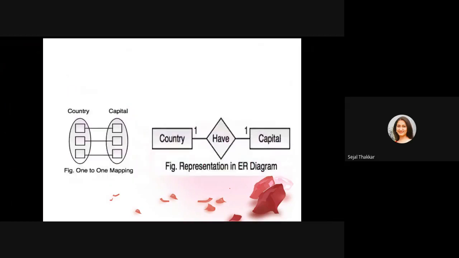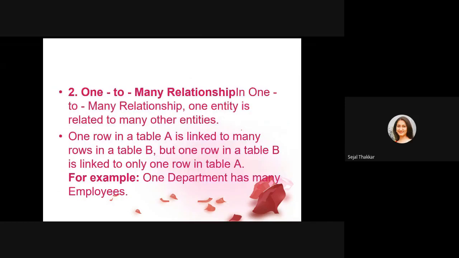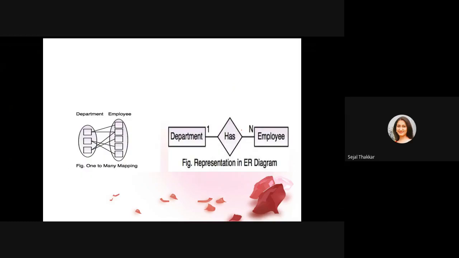So there are various examples for one-to-one relationship. We can see that one country has one capital city. One department has one head of the department. So you can see here, on both sides I have written one, right? The next is one to many. One student can attend many lectures. One student can use many books. One university has many faculties. One department has many employees. You can write down here M, one to many.